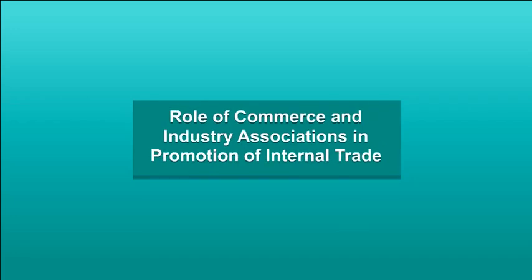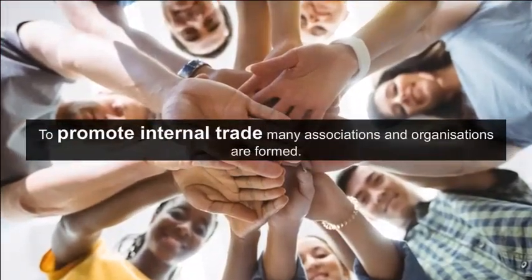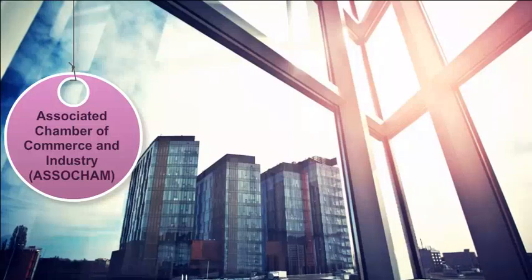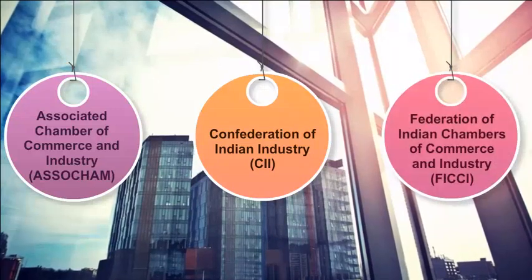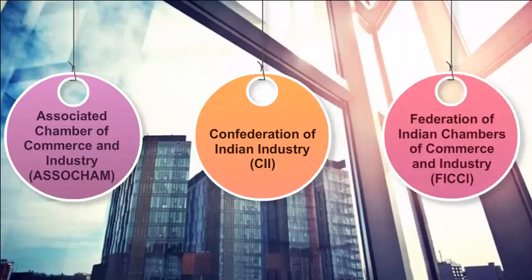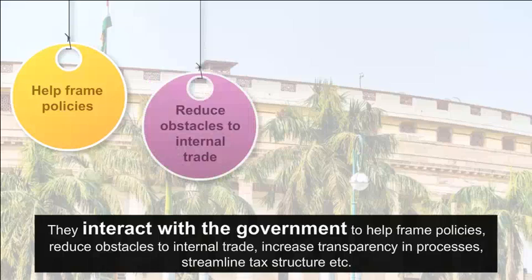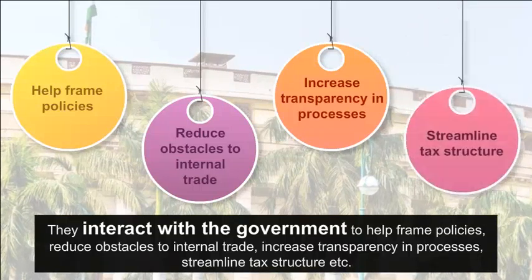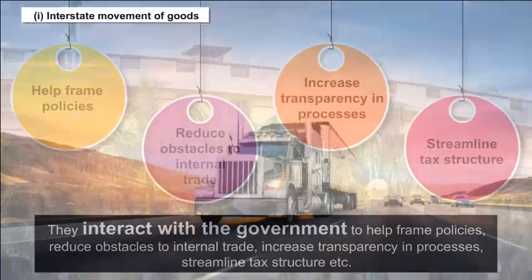Role of commerce and industry associations in promotion of internal trade. To promote internal trade, many associations and organizations are formed. Associated Chamber of Commerce and Industry, ASSOCHAM, Confederation of Indian Industry, CII, and Federation of Indian Chambers of Commerce and Industry, FICCI, are some of them. They interact with the government to help frame policies, reduce obstacles to internal trade, increase transparency in processes, streamline tax structure, etc. Some of their interventions are: